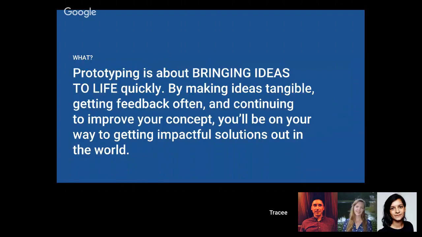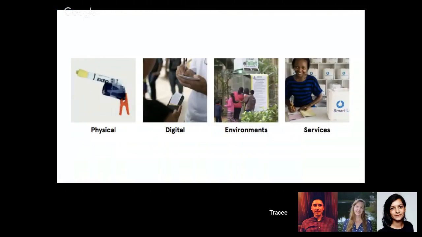So just to walk you through what prototyping could look like, there are a few examples that we'd like to share with you. One of them can be a physical object. So you might want to create a new kind of device or a new kind of mechanism for students to learn. It could be digital, which I imagine a lot of you will be gravitating towards. It could also be environment. So you might imagine a new kind of space in which learning occurs. It's a centralized space, or it might be a new kind of online environment as well.